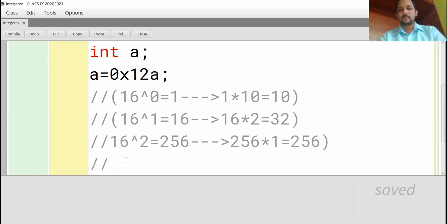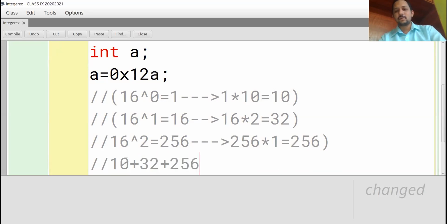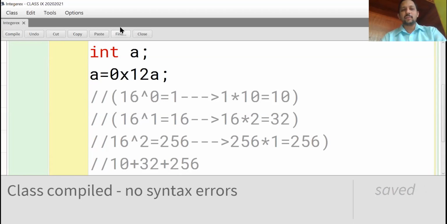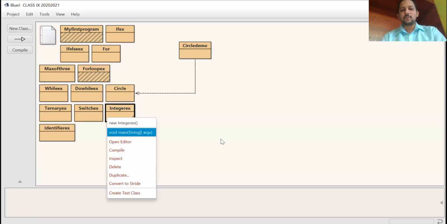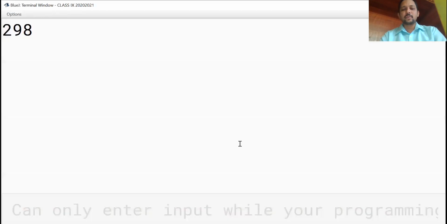Now see, 10 plus 32 plus 256. So 42, 42 plus 256, that is 298 is your output. If you execute this one, you will get output as 298. So this is hexadecimal form.